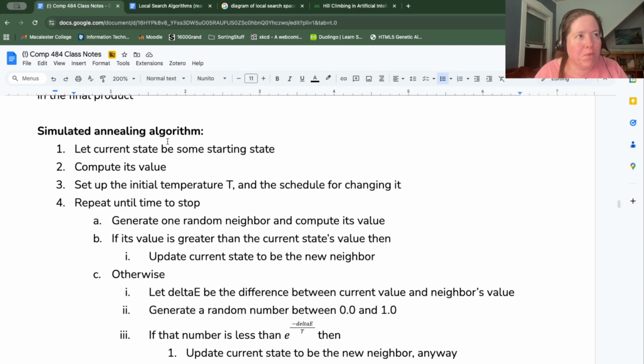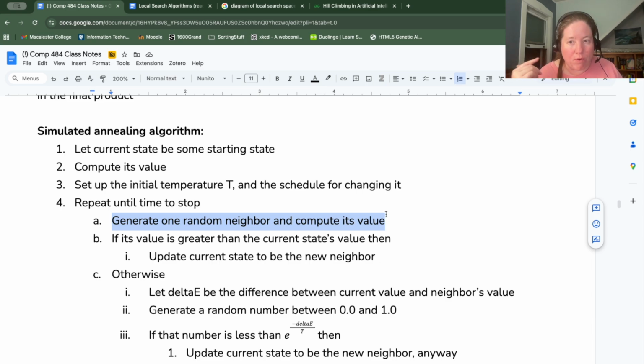All right, so much like hill climbing, we start by setting the current state to some initial value, and we compute its objective function value. And then we set up the initial temperature and the schedule for changing it, which is a parameter you can change in this algorithm. And then we have our loop very much like the while loop that we have in hill climbing. But notice that this is more like the simple hill climbing. We're generating one neighbor at a time, stochastic simple hill climbing, because we are generating a neighbor at random